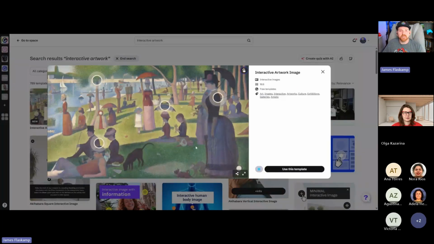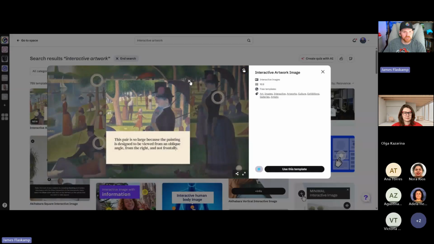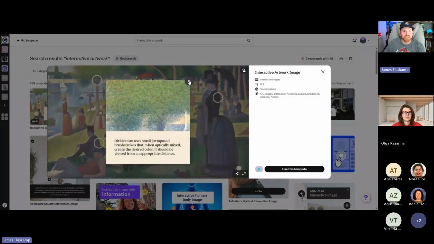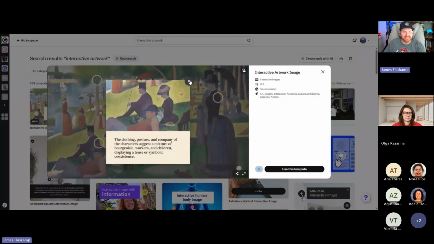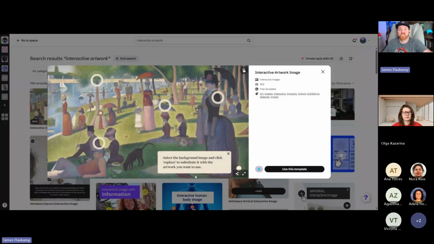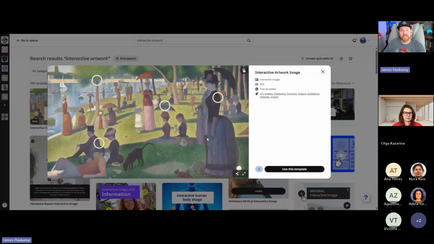When you view a template, it's fully functional. So what you see here on the screen right now is a fully functional version of the template. This is what it actually would look like to your students if you took the template and used it as is. So you notice the hotspots already exist. You don't have to do anything with those. This is just something where you could change the text, which is actually what I did, you may have noticed. And so you can see there wasn't a whole lot that I had to change on my end in order to make this ready for my students in my particular case, right?